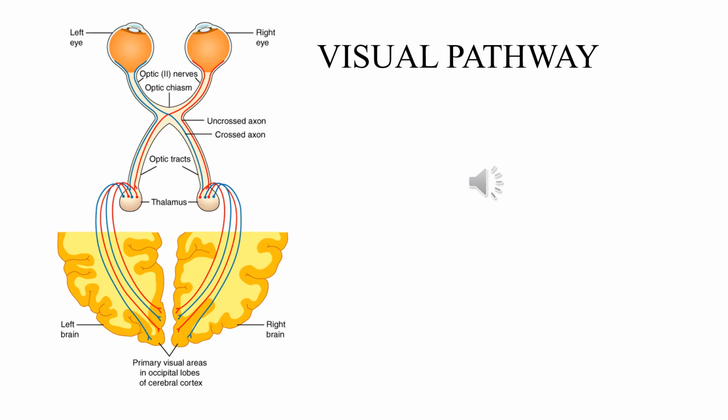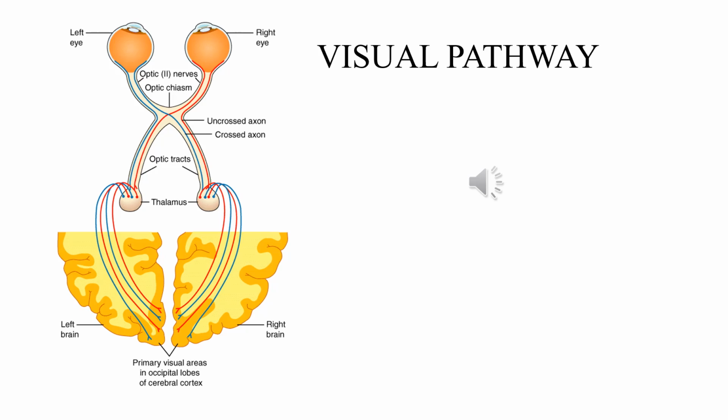These are basically the axons of the ganglionic layer of the retina, and these nerve fibers converge and form the optic nerve and leave the eyeball from the optic disc, 2 to 3 millimeters towards the nasal side of the optic disc. After leaving the eyeball, these pass through the optic canal and enter the cranial cavity, and the optic nerve of one side will unite with the optic nerve of the opposite side to form the optic chiasma.